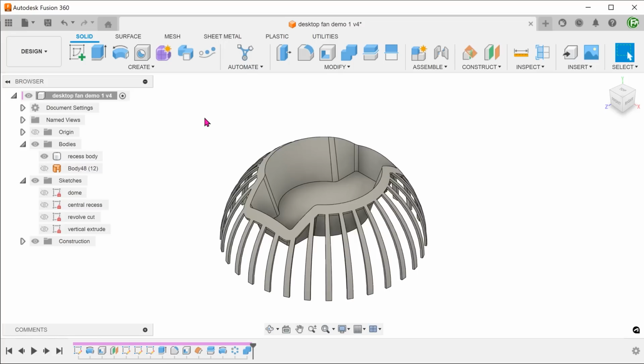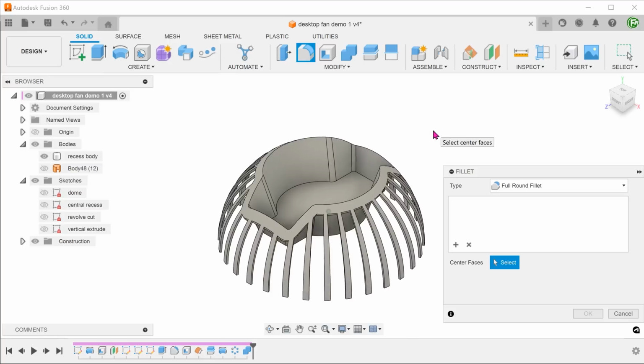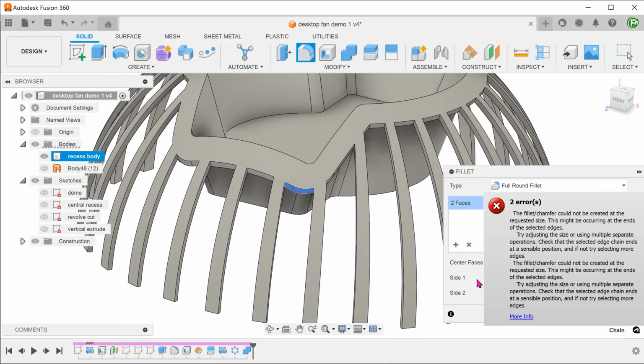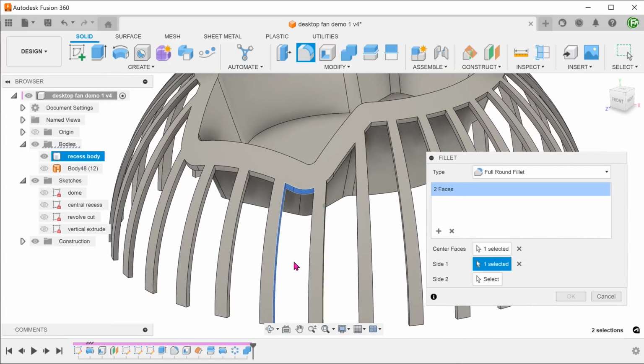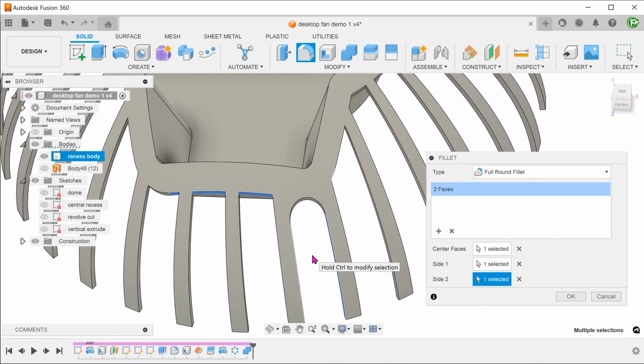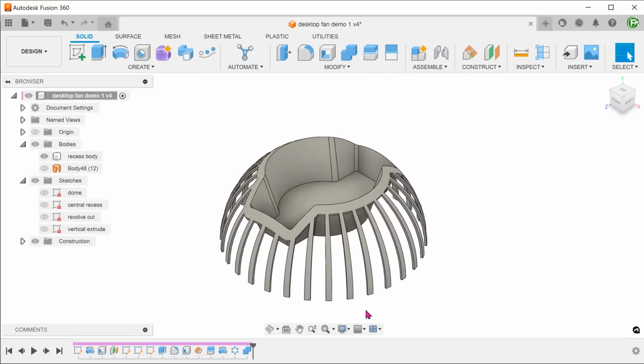At this juncture, I should point out that if you try to apply a full round fillet manually to each slot, you will be able to do so. But I want to try to find a better alternative. It appears to me that we need to perform the slot cuts in a way that does not involve the splitting of the body, but at the same time, still able to adjust to the contour of the central recess.